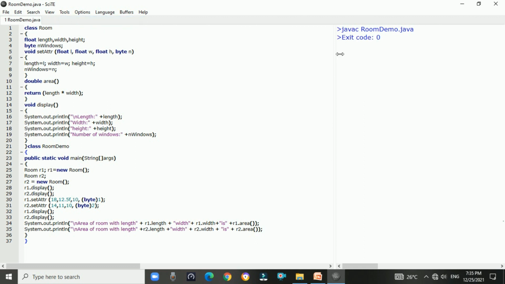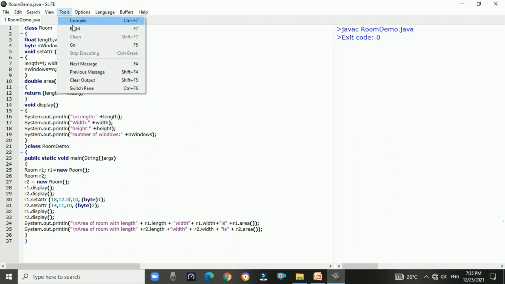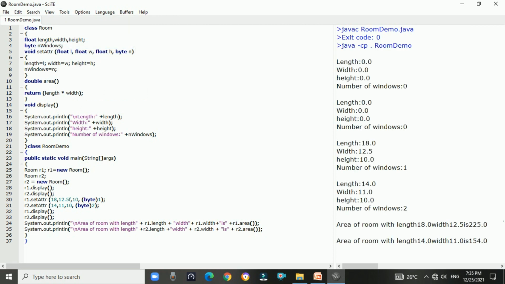It will display exit code 0, which means there is no error in this program. After that go to Tools and select the Go option, the shortcut key is F5. When you click here or press F5, it will display this result. So this is the end of RoomDemo.java.